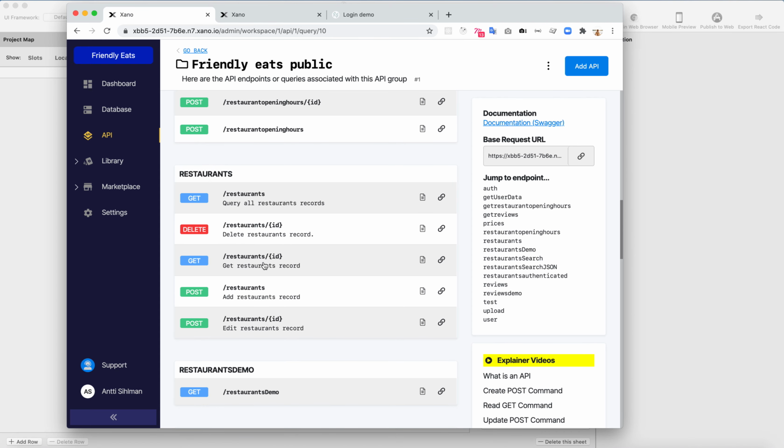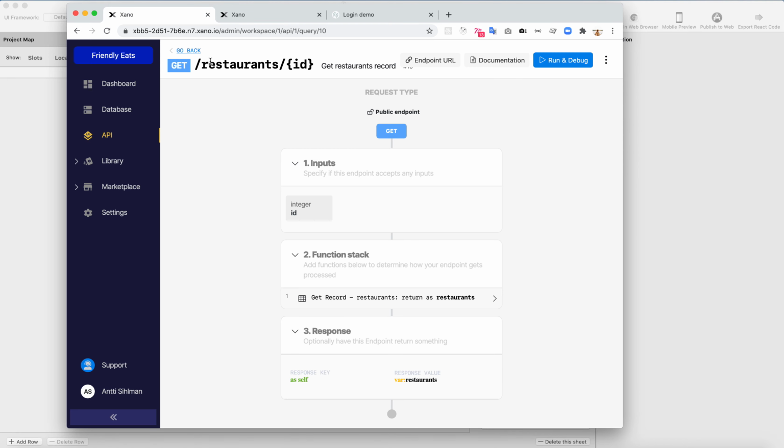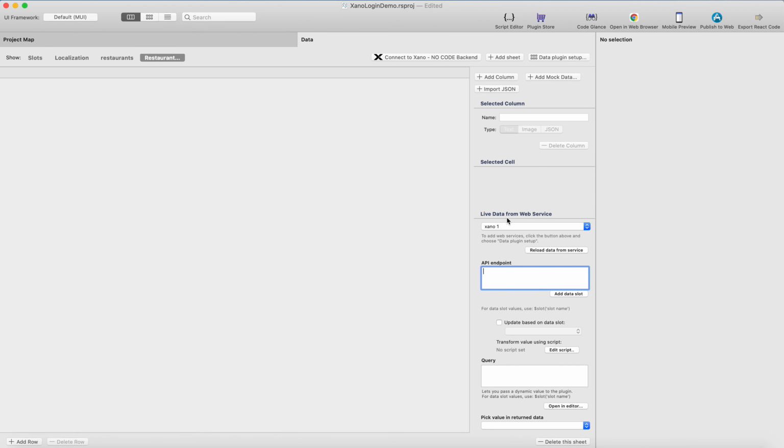So here I can see that there's an API for fetching single restaurant, which is a restaurants/ID. And in the studio, I can just use the Xano plugin here, and then type the endpoint here, and